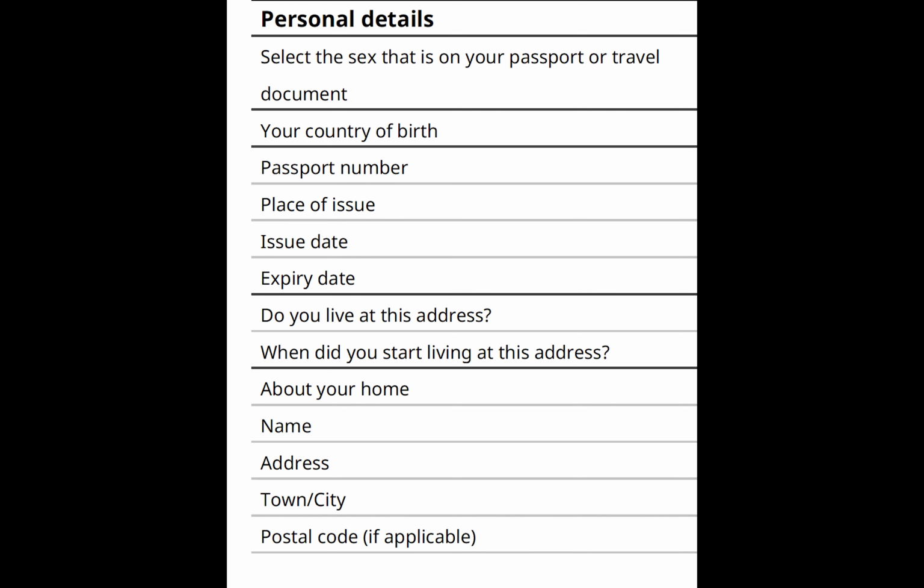Basically, this address is the UK address that I'm currently living in, like when I was also living when I was making my application. And then about your home, it's basically whether I am renting this place or I own it. Obviously, I rent it, so I mentioned that I rented. And then I mentioned all the details like the name, the address, the city that is in Edinburgh, along with